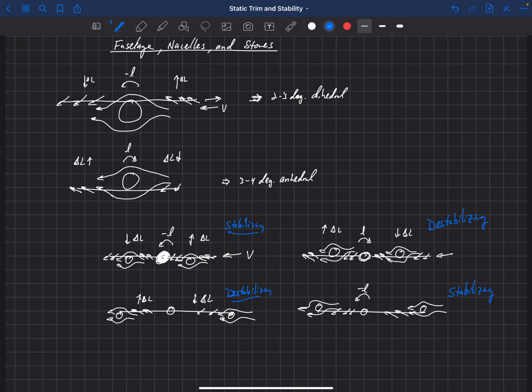Okay, so these interactions are difficult to predict in a really simplified manner, to really measure how much roll stability these are going to create. But what's important here again is qualitatively to understand what these locations are doing to the roll stability of your aircraft. Although quantitatively, we really need to get this from CFD or wind tunnel or something like that to really predict the roll stability.